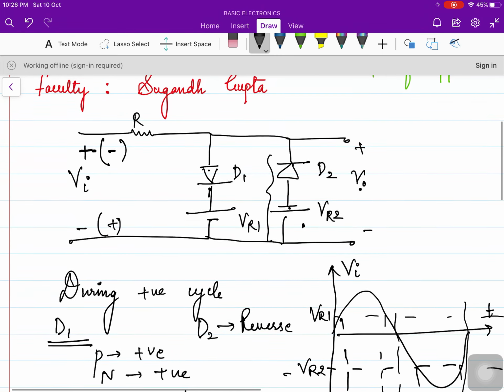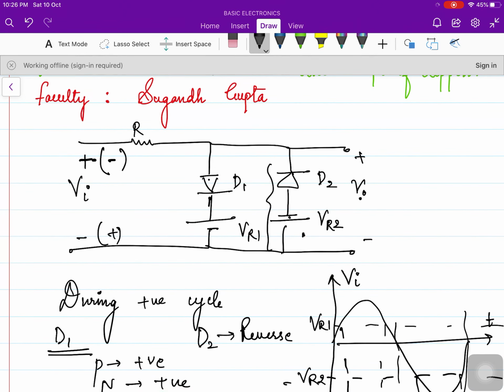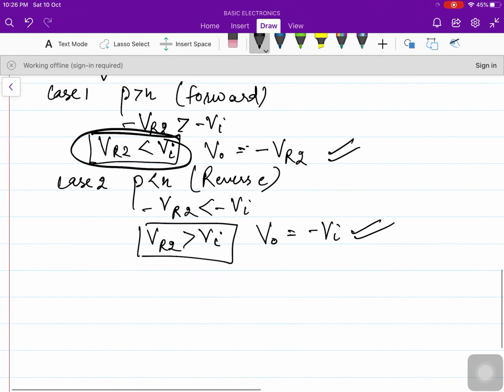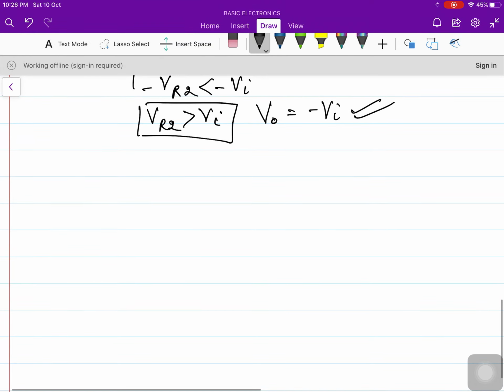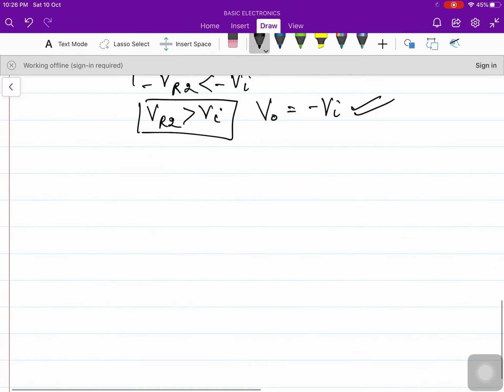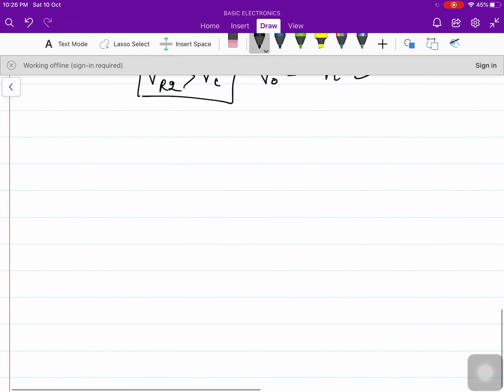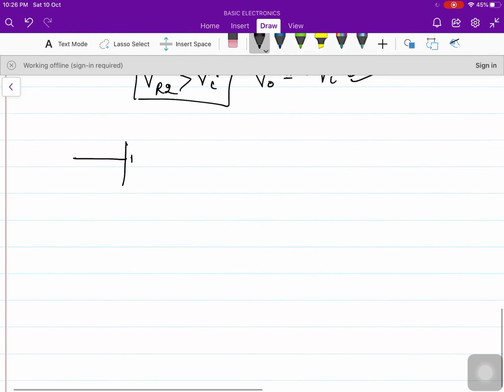So the thing is that we just need to understand how to analyze the circuits, alright, and make the output waveform. Now let us draw one more question which has frequently come into the exams, and here we will take the values.